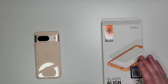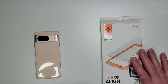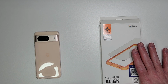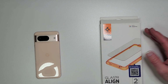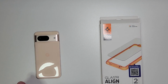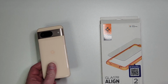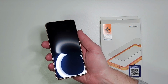Today we have a screen protector installation. Now, I've actually never purchased a Spigen screen protector before. This is the first Spigen. I purchased a gazillion of the cases, just never the screen protector. Now, I've tried a couple of different off-brand screen protectors for this Pixel 8. This is the original Pixel 8, not the Pro. This is the original, the smaller Pixel 8, and just had some issues with smaller,